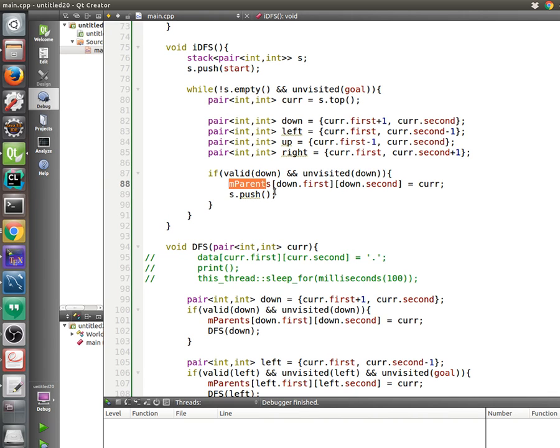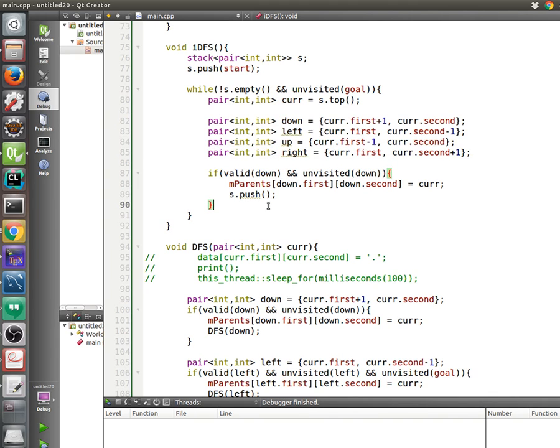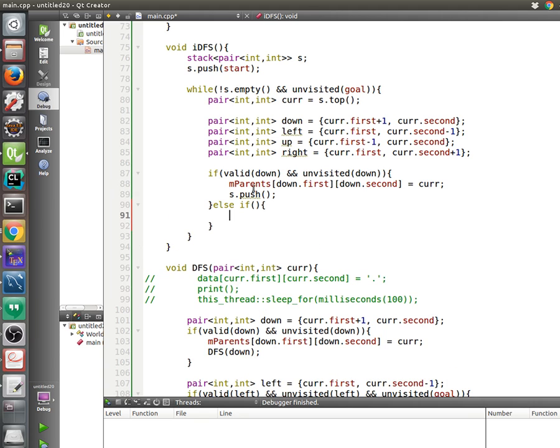At that point, we want the loop to repeat. We've now decided to go down, and so we don't want to then try go left, right, all of that just yet. We want to move on from there, look and see if you can go down again or left again or anything like that. So all the other if statements that we add in, I'm going to say else if. By using else if, it means that these will only run if this was false. So it's like using else, but we've got an extra condition as well. So we said if you can't go down,